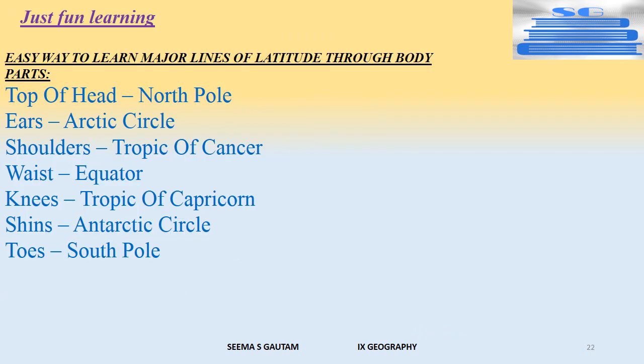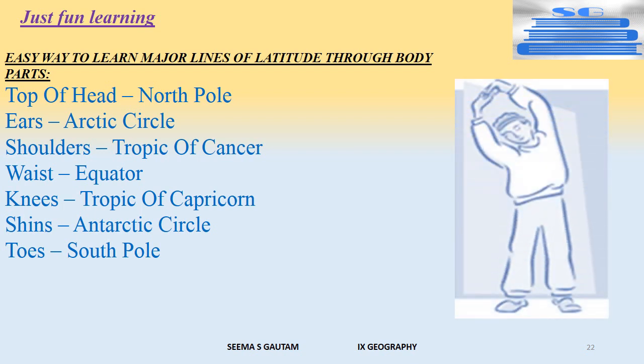There is always an easy way to learn different things. I have come up with one of the easiest ways to remember major lines of latitude through body parts. So top of head, consider North Pole, ears, Arctic Circle, come a little down to your shoulders as Tropic of Cancer, your waist, equator, that's the mid part of your body, your knees, Tropic of Capricorn, shins can be considered as Antarctic Circle, and your toes will be